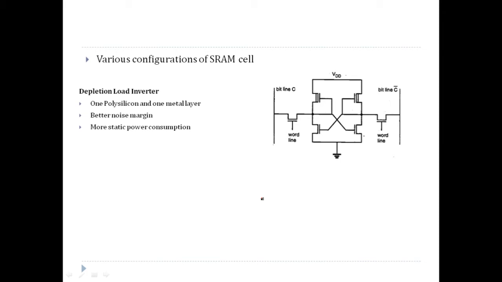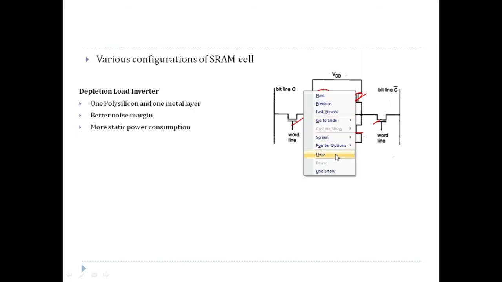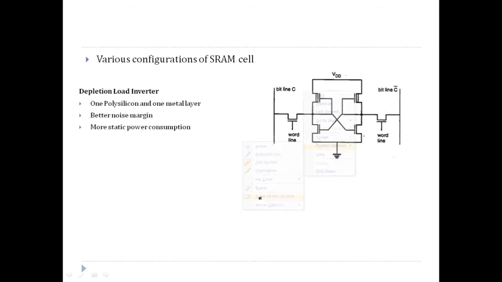Now the advantage of this type of configuration is that you don't have to fabricate two layers of polysilicon. There is a polysilicon gate for these transistors, as there was for the resistive load inverter, but in the resistive load inverter you had to have a second layer of polysilicon for the resistor. Here, because the loads are made up of MOSFETs, the same polysilicon layer can be used to fabricate these loads. So one polysilicon layer and one metal layer are sufficient for this type of fabrication, which simplifies the fabrication process.